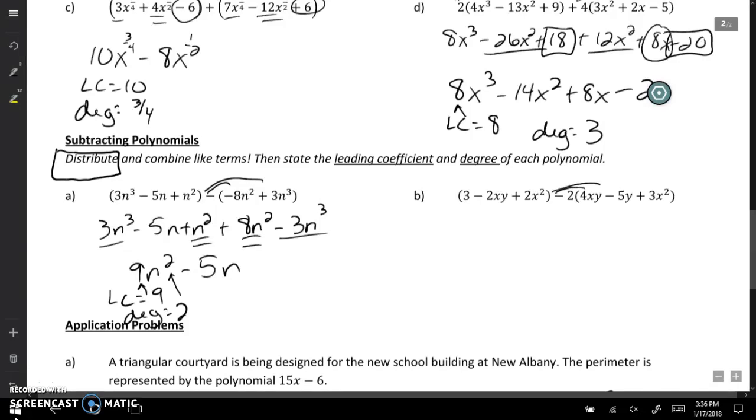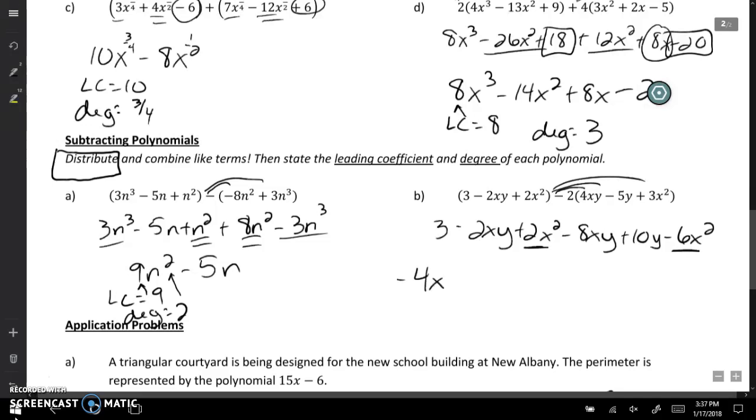All right, we got to distribute that negative 2. This becomes 3 minus 2xy plus 2x squared minus 8xy plus 10y minus 6x squared. Okay, so we're going to look for things that are combined. We're going to go here and there. That's negative 4x squared. Now we're going to look at negative 2xy minus 8xy gives me negative 10xy. Okay, this is the only y's we got, so plus 10y, and then we got a plus 3 hanging on